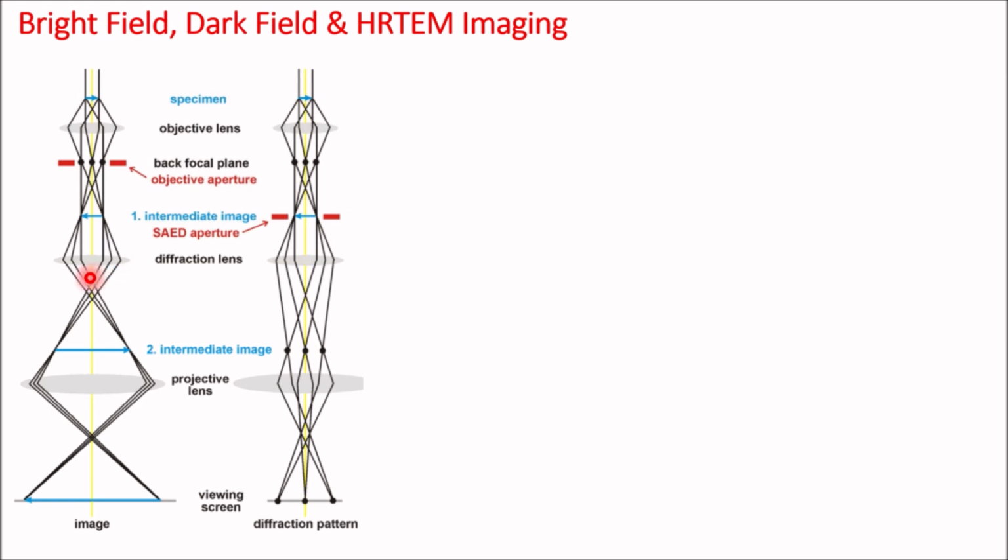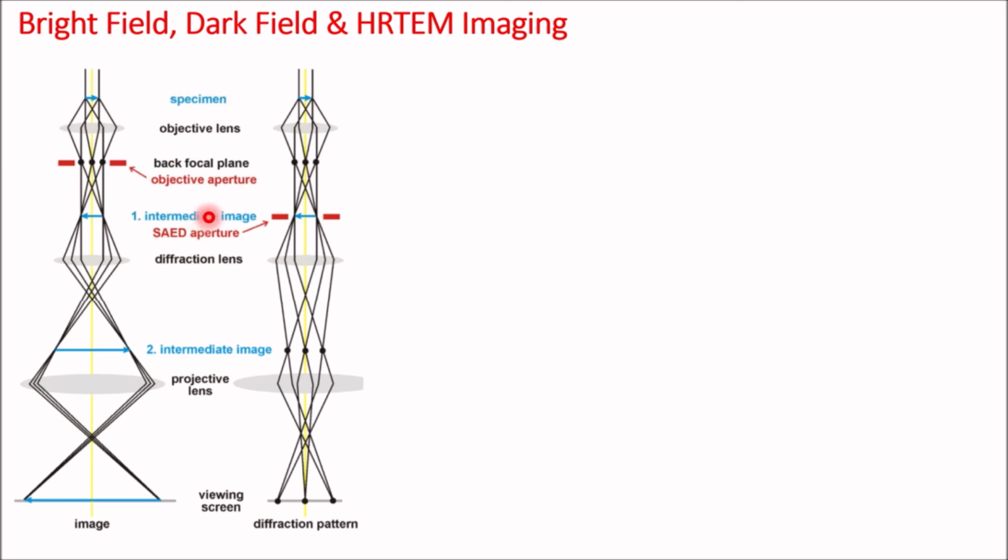The lens system located below the objective lens is called the diffraction or intermediate lens, and this can be either focused onto the first intermediate image in the imaging mode or onto the back focal plane in the diffraction mode, and thereby determines which of them is further magnified by the projective lens. The diffraction lens allows one to switch between the imaging and the diffraction mode just by pressing a knob. The possibility to work almost simultaneously in real space and in reciprocal space at the same area of a specimen makes TEM an outstanding tool for materials characterization.